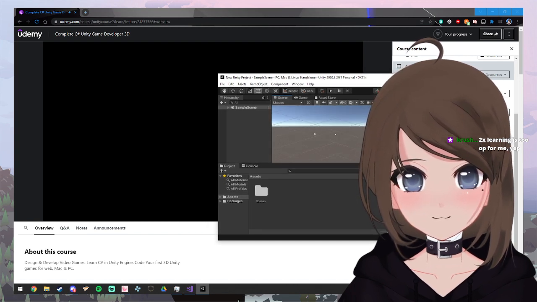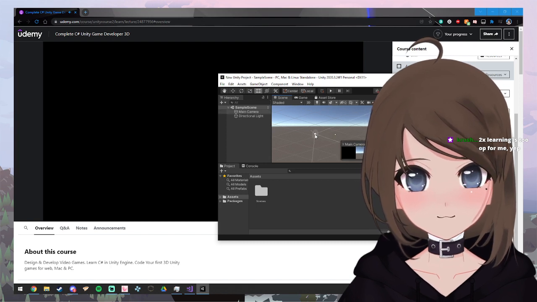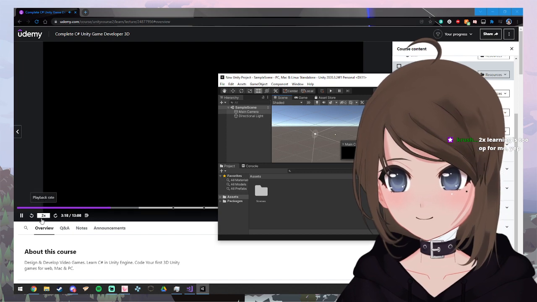So this is a game object. The camera is a game object. It lives in our scene, represented in the hierarchy, and it has a number of components. Each time you see this little arrow that opens and closes, these are the different components. So if we close them all up, so they're nice and tidy: transform, camera, and audio.